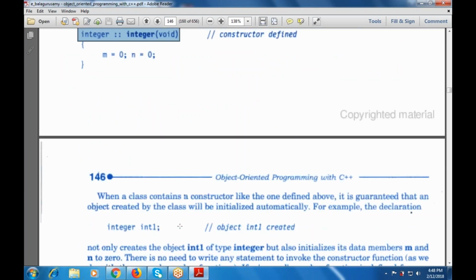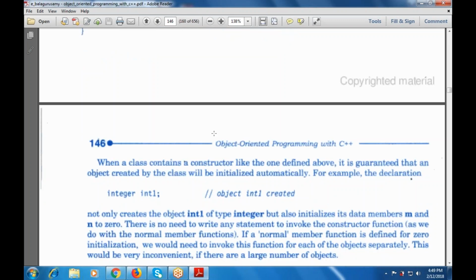Whenever a class contains a constructor like the one defined above, it is guaranteed that an object created by the class will be initialized automatically. For example, the declaration integer int1 not only creates the object int1 of the type integer, but it also initializes its data member m and n to 0. And there's no need to write any statement to invoke the constructor defined,